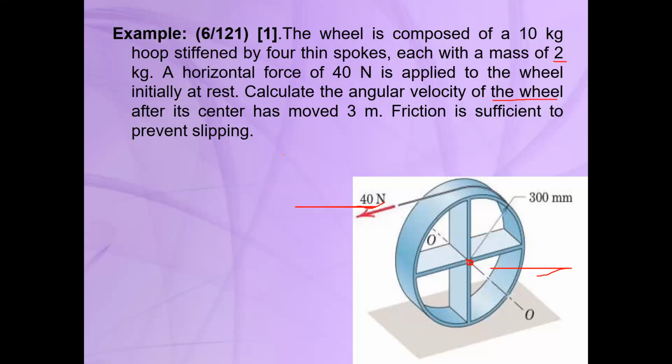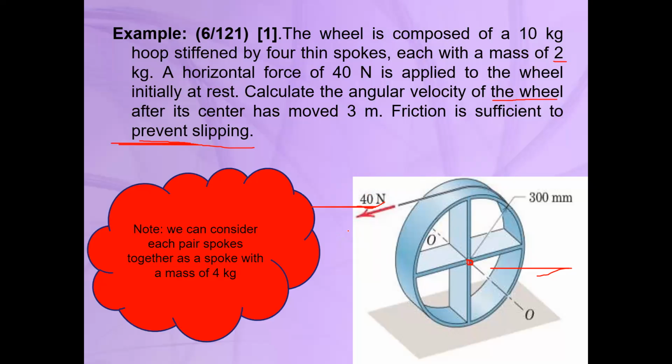So again, in this motion, we don't have slipping. So we have again a rotation without slipping. The problem is similar to the previous problem. Again, we can use different methods. It's up to you. You can use Newton's second law to find the acceleration, and then by using the acceleration, you can find the velocity of the wheel. But here we use the